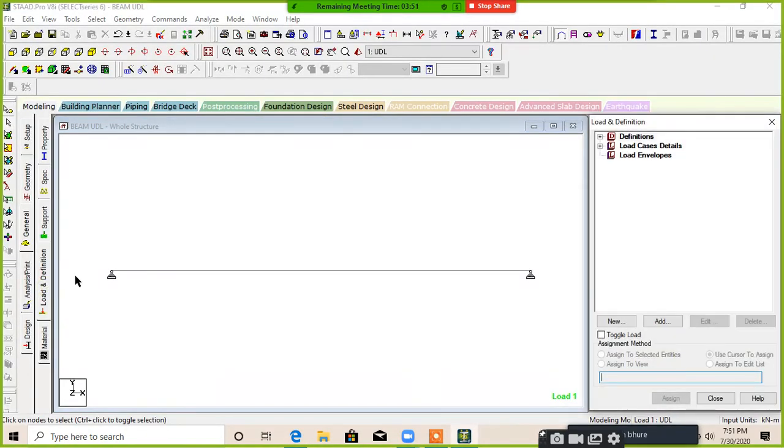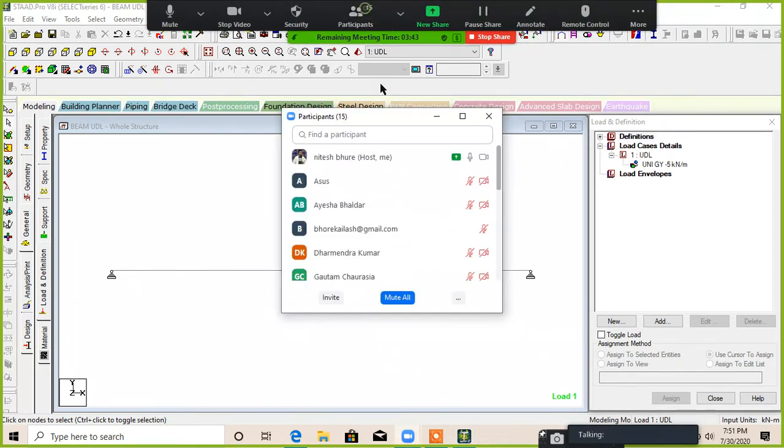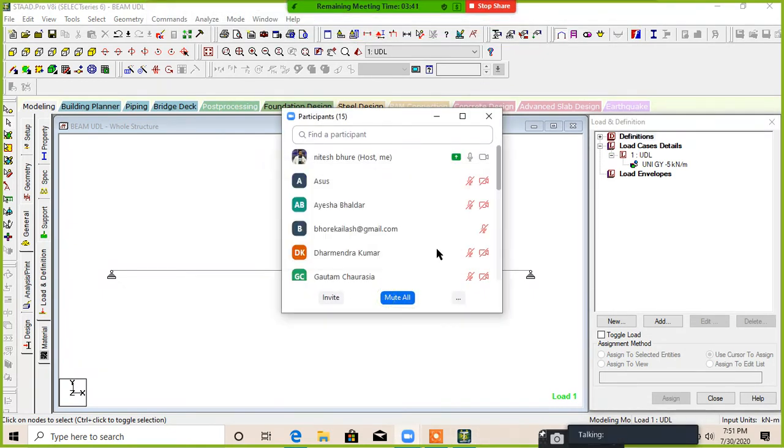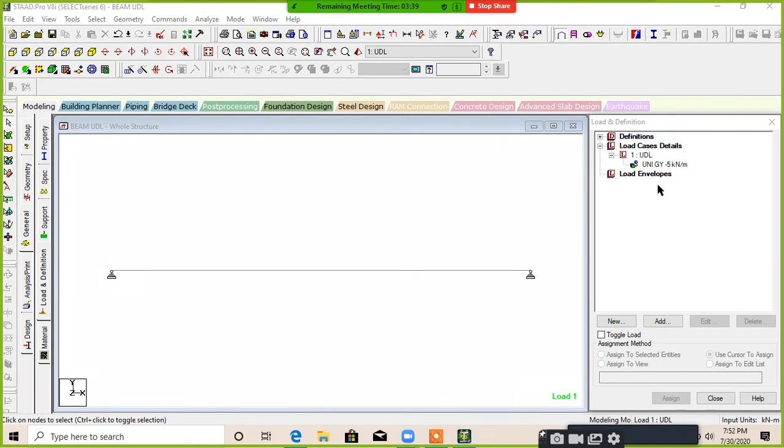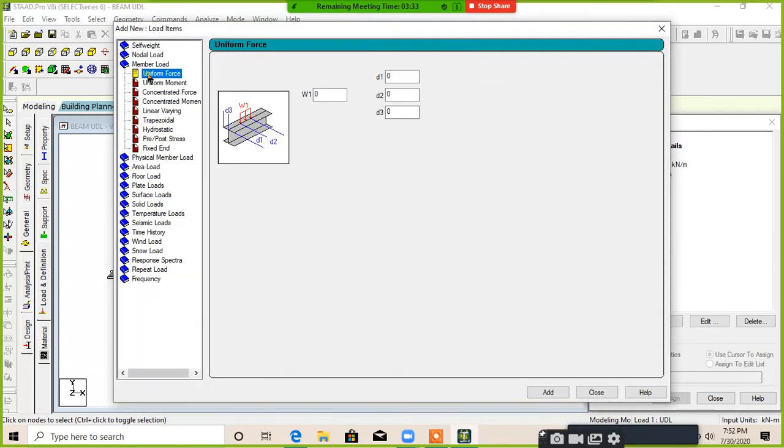Just go to the load case detail, click on that particular plus sign, again click on that plus sign. Go to the UDL, add member loads, uniform force, provide a value as -6.